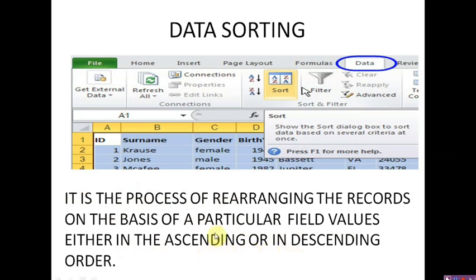Ascending means in an increasing way, and descending means from larger to smaller, ascending means from smaller to larger. So rearranging the records in this order is called data sorting. Now I'll show you how we perform data sorting.